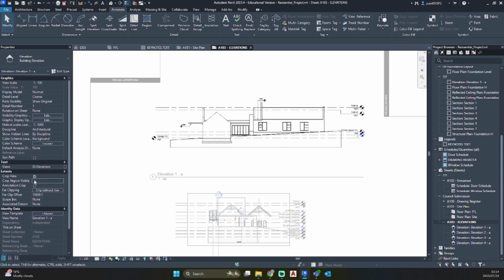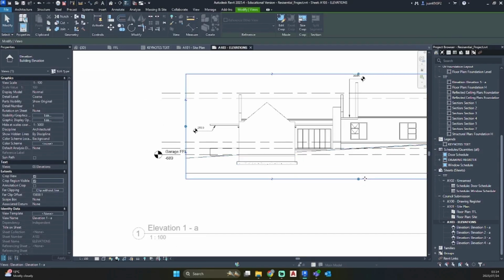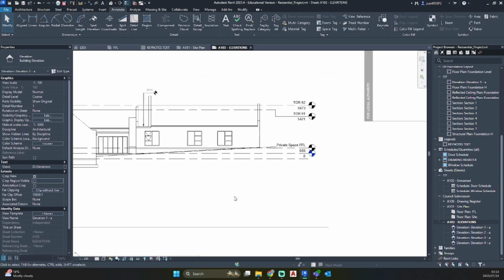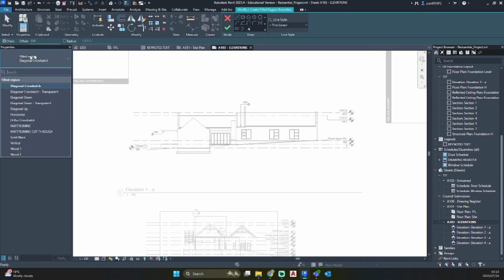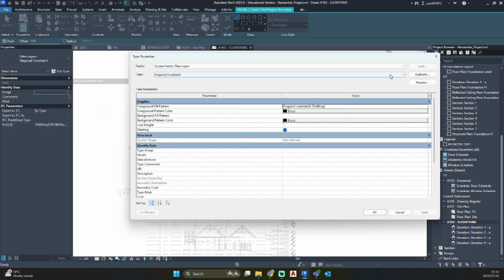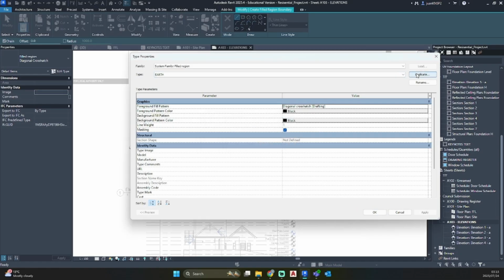So now I want to turn on my crop region visible. I'm going to move this in to get the crop region above on the side and turn it back off again. So what we're going to do now, we're going to create a region fill. Let's go ahead and click on a region fill. You'll see Revit has opened up standard region fills, but we're going to create a new one for this area. So let's go edit type, duplicate, and call this earth, and hit OK.